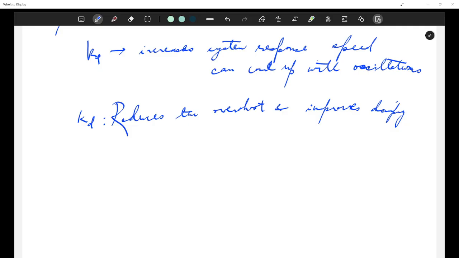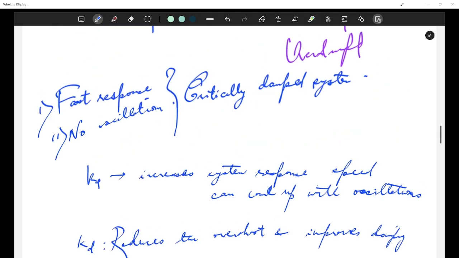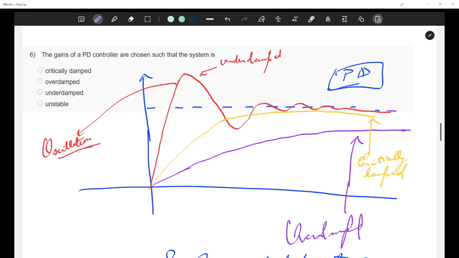We can't afford overshoot most of the time in a robot, so that is a problem. If we go for an overdamped system, what would happen? If Kd is too high, because we want to reduce the oscillations and not let the system overshoot, the system becomes overdamped, meaning it responds slowly and takes longer to reach the desired value. If we go with an underdamped system, Kp would be high and Kd would be low. The system is underdamped, which leads to oscillations before settling.